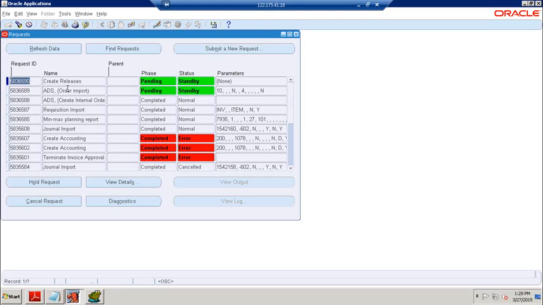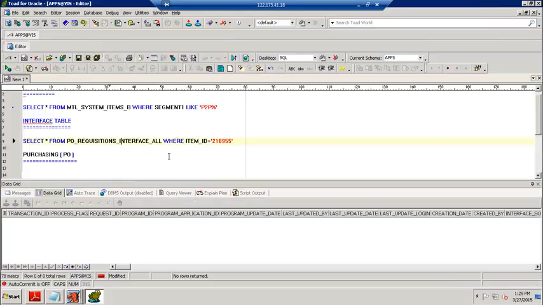We have two types of POs. One is purchase order, another one is agreement. If you want to go for PO, then we can create a standard PO. If the PO or agreement is already there, what do we do? Releases. But this item is not applicable for any releases because we don't have any agreement with this item. That is the reason both programs automatically run when we run this request import. The request import program is only one of the programs used to transfer the data from the requisition interface tables to requisition tables. Then let us check it in the requisition tables.